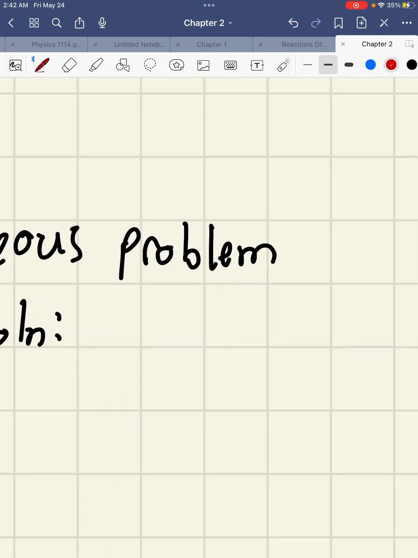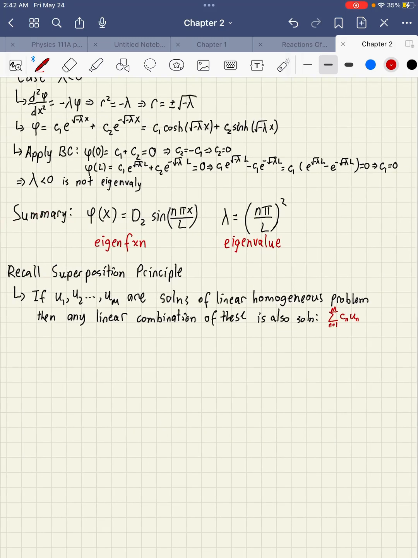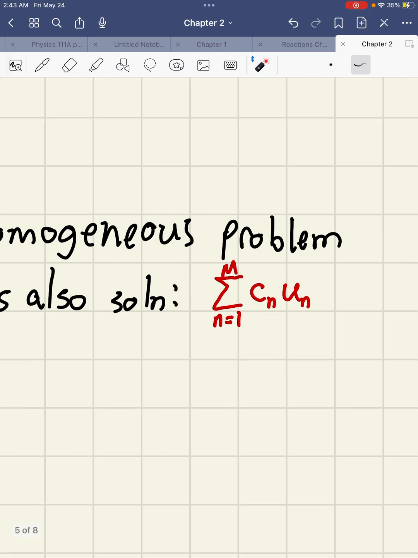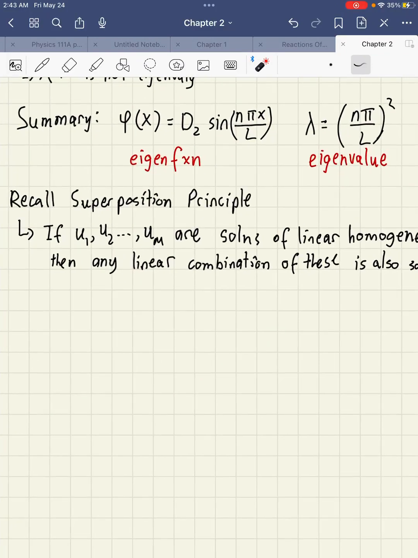So here I'll write this. This is going to be my solution: c sub n times u sub n. Now if I write my series in this term, it already shows that my n is a positive integer because it starts at 1 and goes to m, something greater than 1. So you don't have to separately specify it. If you do, that's good for you. Now, applying this superposition principle,